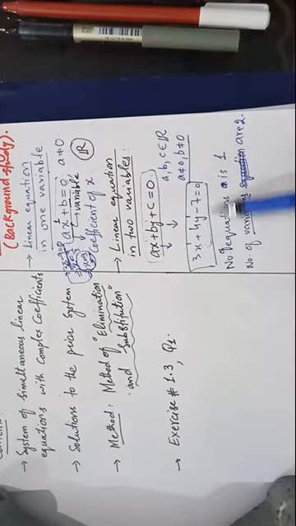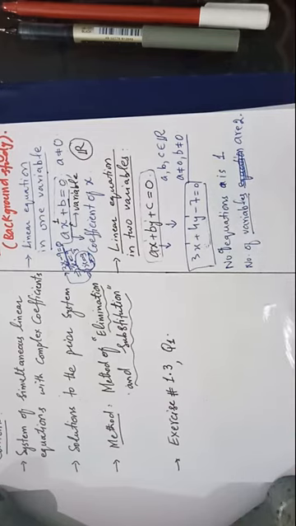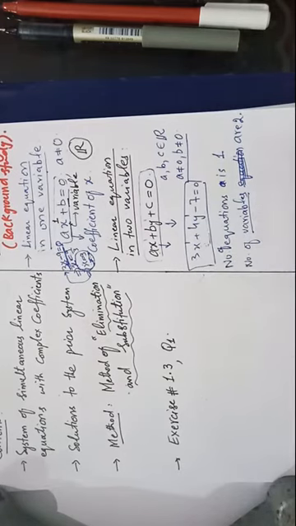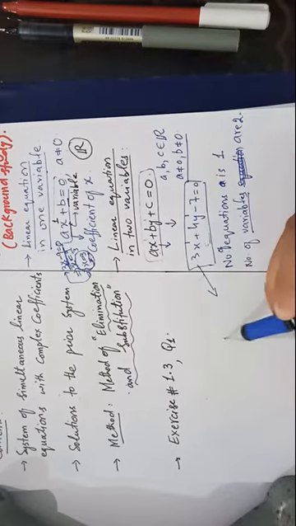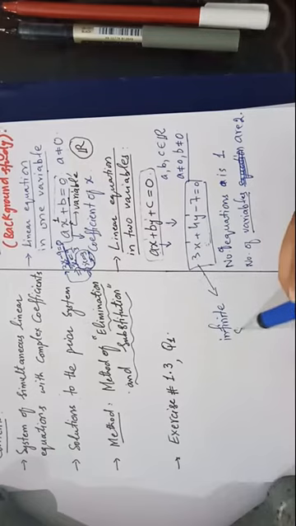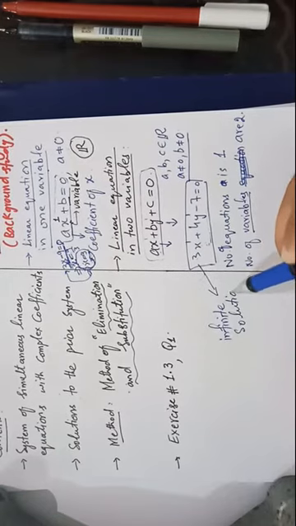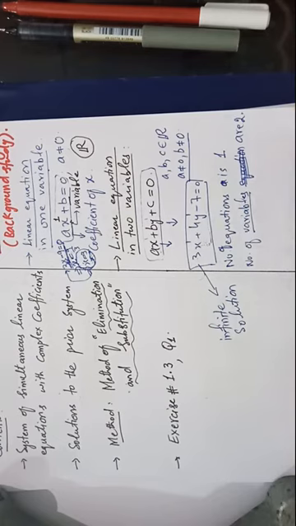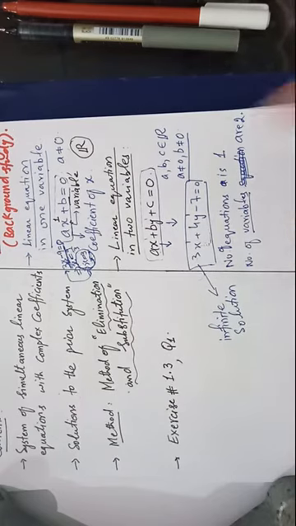Now in this case, you see that the number of equations is not equal to the number of variables. The variables are 2 and the equation is 1. So if you need to solve this equation, a unique solution is not possible. You get many solutions. There are infinite solutions. Infinite solutions mean you get infinite values of x and y which will satisfy this equation.